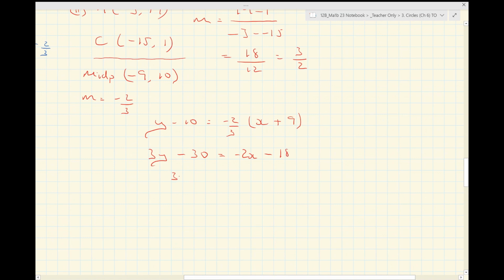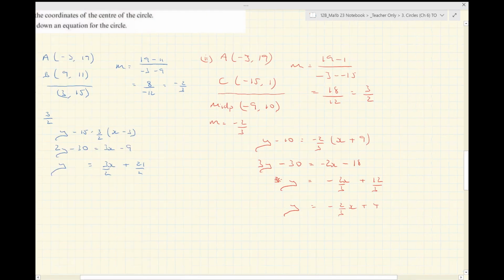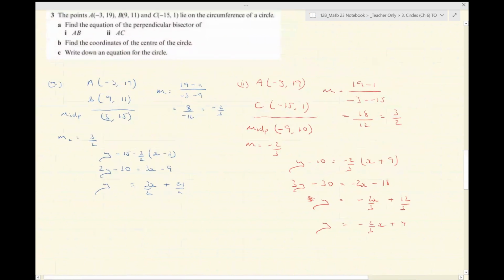Let's write this as y equals, so y will be, so I've got minus 2x, I'm adding 30, so that onto the minus 18 gives me plus 12, and then I'm going to divide by 3, so y will be minus 2/3 of x plus 4. Okay, so I've worked out the perpendicular bisector of two chords, the chord AB and the chord AC, and now